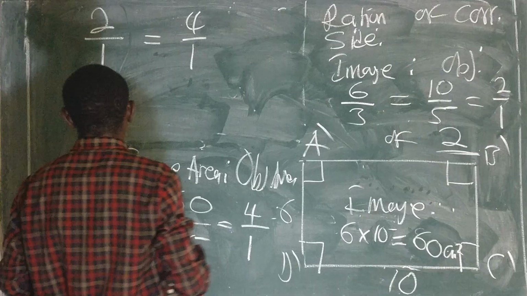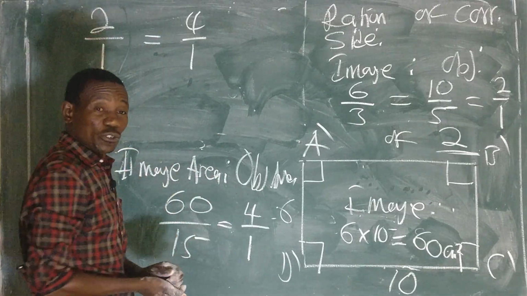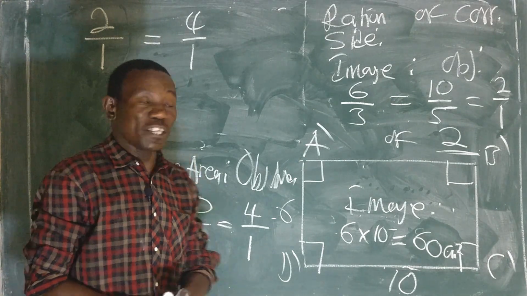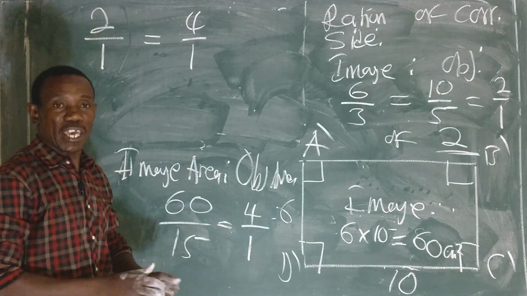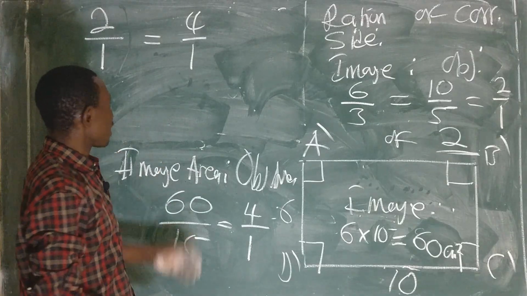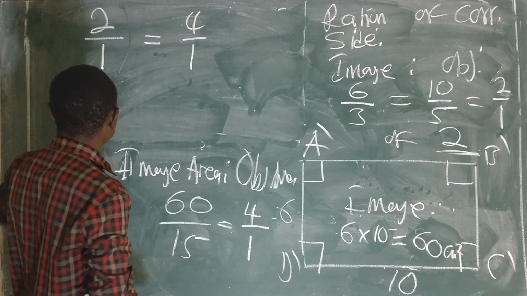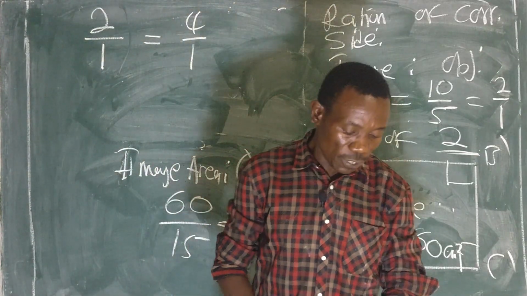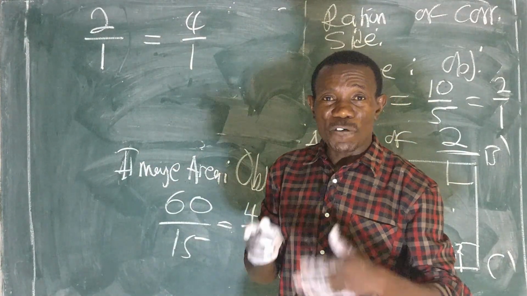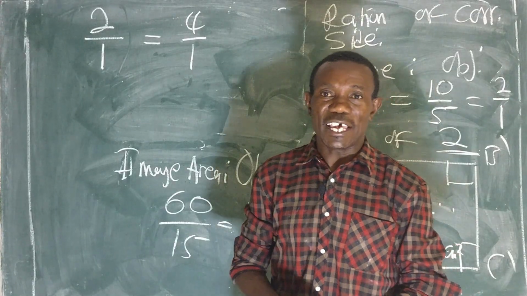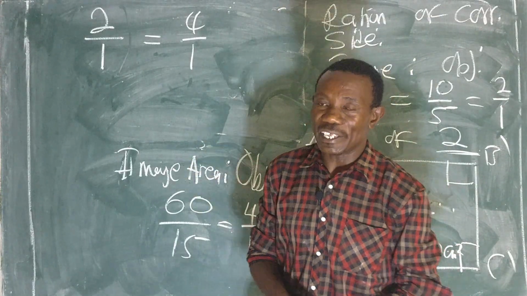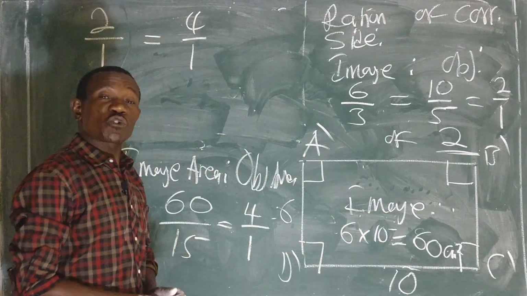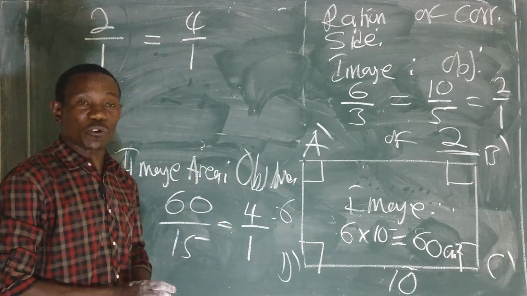So it's more like the square of the ratios of the corresponding sides of similar figures is equal to the ratio of the what? Of the areas. So that is there. And we need to always get to know about this. The moment I'm given similar figures and you calculate their areas, you should also expect that the ratio of the areas is equal to the square of the ratios of the corresponding